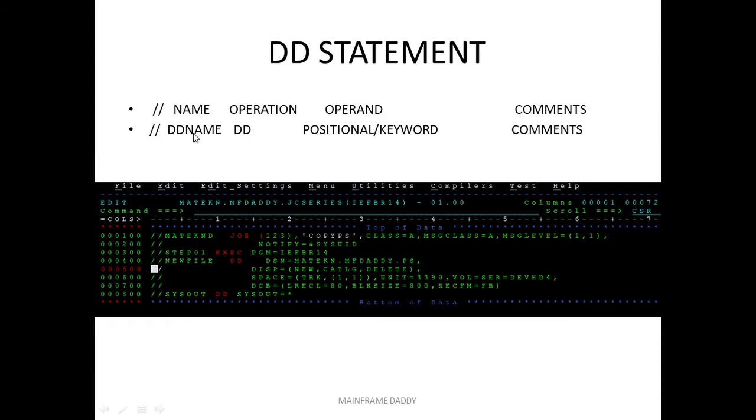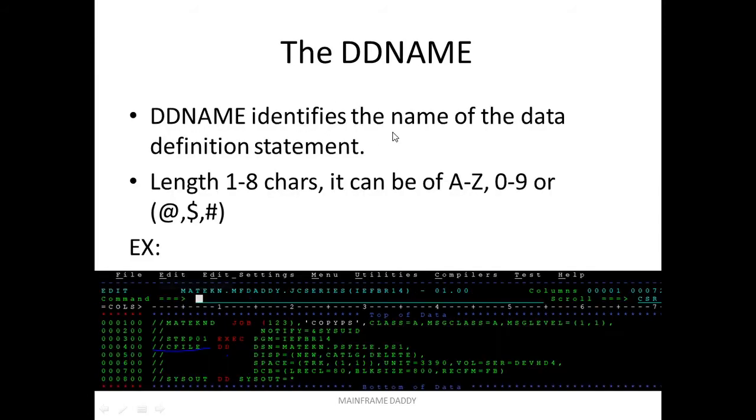So this is how a DD statement will look. It will start with // DD name, and DD will be present in the operation field, and in the operand field it will have positional or keyword parameters. In this example shown below, CFILE is the DD name, which I have specified for the create file. The DD name identifies the name of the data definition